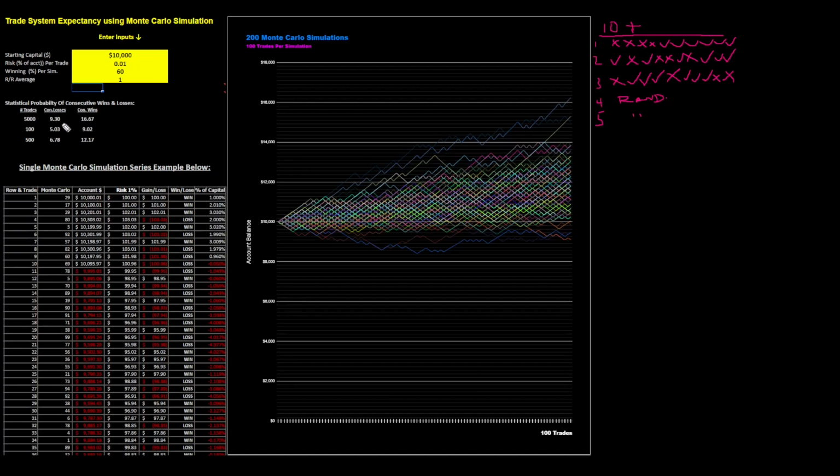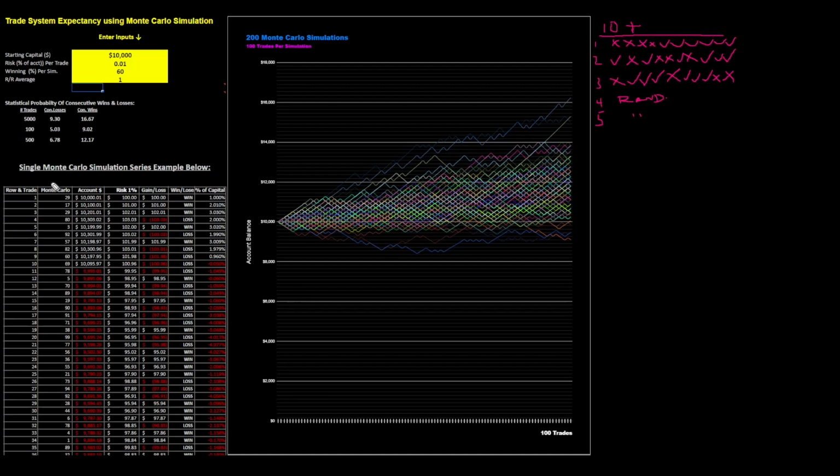And why is this useful? Because it can help you recognize that it's okay to have sometimes a string of losers, and if you have edge, just get back on the horse and keep playing, right? Because it's the law of averages over a large period of trades that matters, right? And so anyway, that's all this is, just using statistics to find the potential number of consecutive